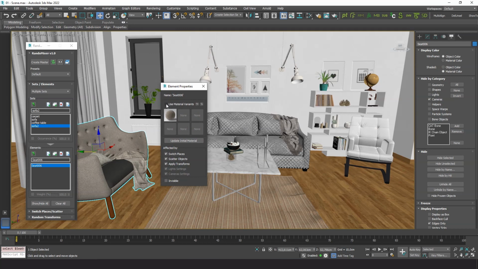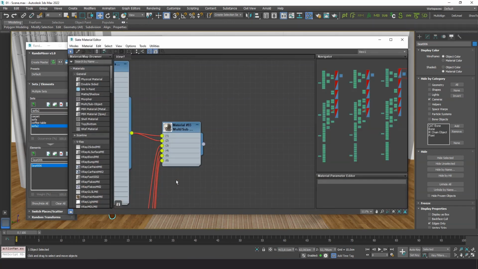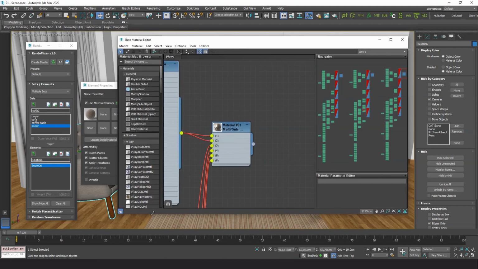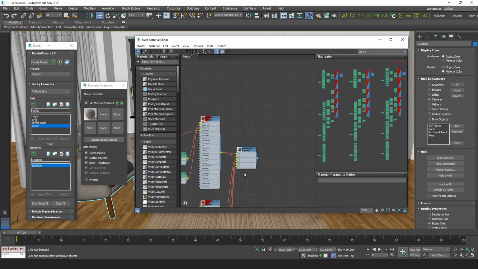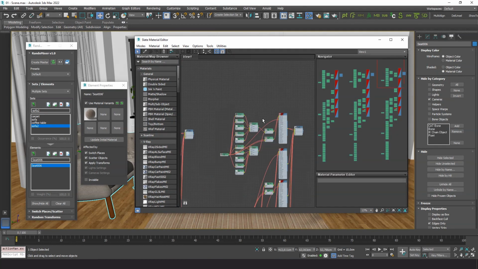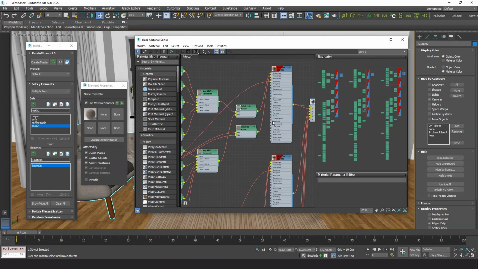Activate Use Material Variants. You can now load additional materials into the slots. We have here 3 materials in total for this sofa. It basically changes the main color.